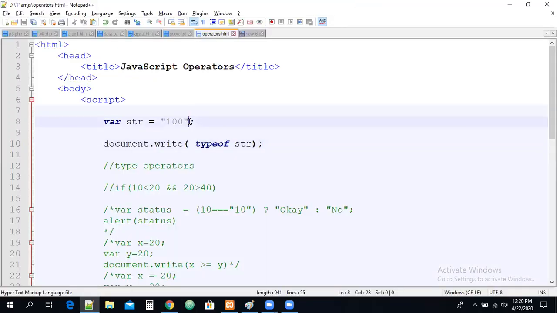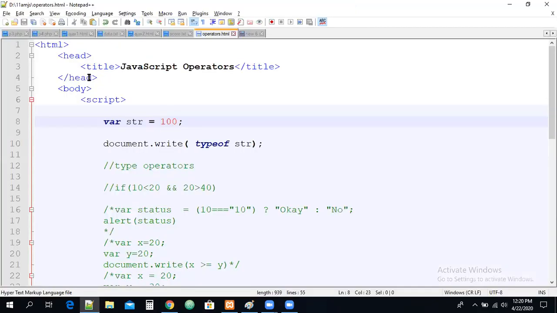So for example, you can remove the quotes and check this. Now you can check it. What type is this? This is going to be a number data type. We don't have separate integer or float types here in JavaScript, guys, right? All data types are supported, but in a language like C, we have to use int c equal to, float c equal to something. But here we don't require anything. JavaScript variables are dynamic in type. Any variable can hold any value, guys. So we don't bother about this.